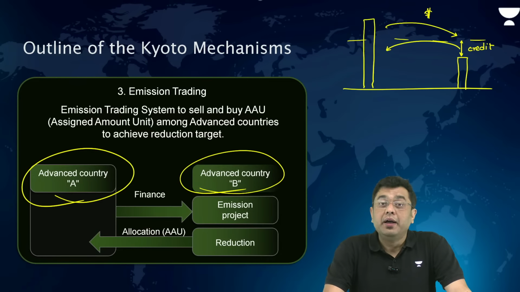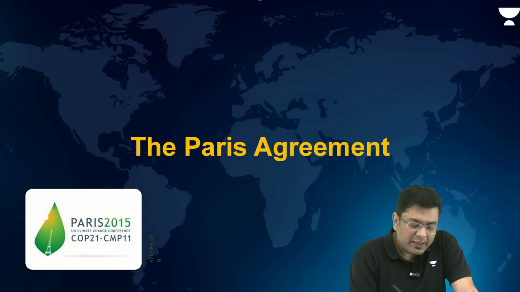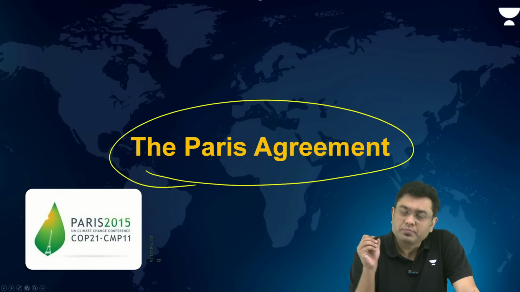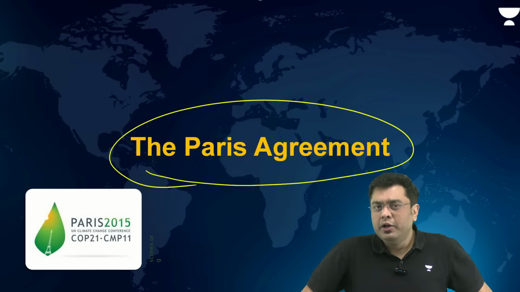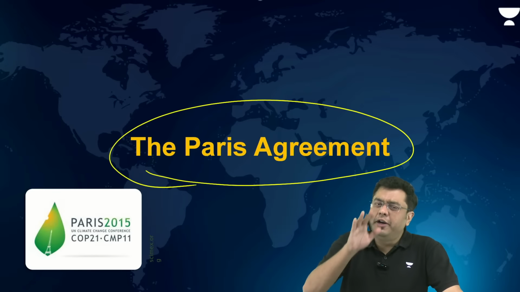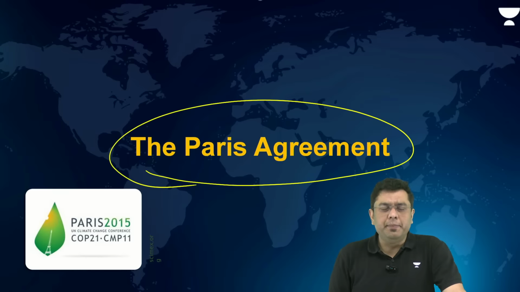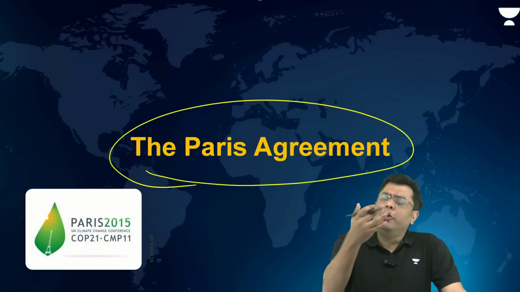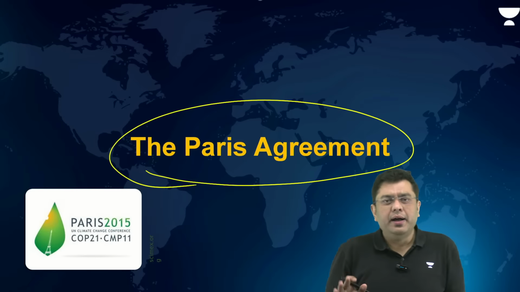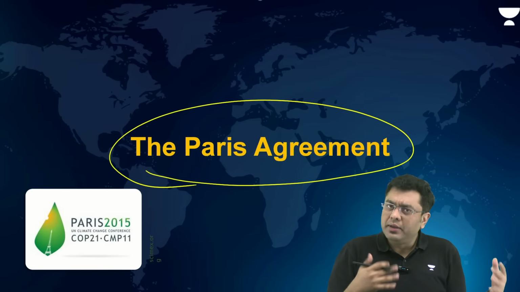Now, as I told you, what to do after 2020, for that, the world arrived at the Paris Agreement, right? That was at the Conference of Parties number 21 to the United Nations Framework Convention on Climate Change. Paris Agreement differed from Kyoto in simplest of terminologies, where now it allowed the countries to set their own target. That all of you set your own target about how you are going to combat the climate change.